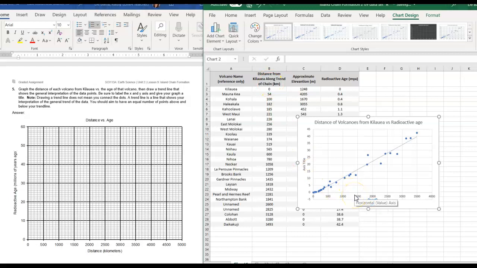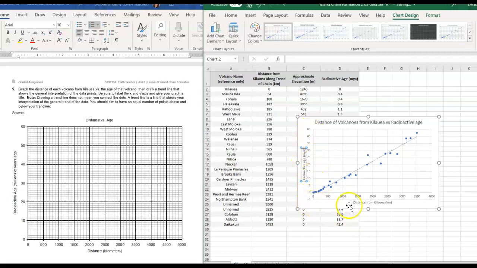So this is distance from, and I'm going to put the unit of kilometers, and our y-axis data is then radioactive age. And I'll put MYA, again that stands for millions of years ago, so those volcanoes were formed this number,